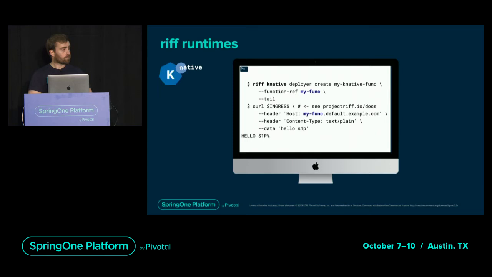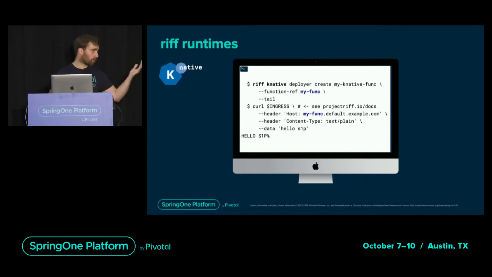So Riff Knative to target the runtime, deployer create again like in core, and very similarly you give a reference to your function, then we will create everything that Knative needs so your workload can be queried. And depending on the Kubernetes distribution you use, whether it supports load balancer services or not, if you configure DNS or not, the way you will contact the ingress may vary, so it's well documented on our website.